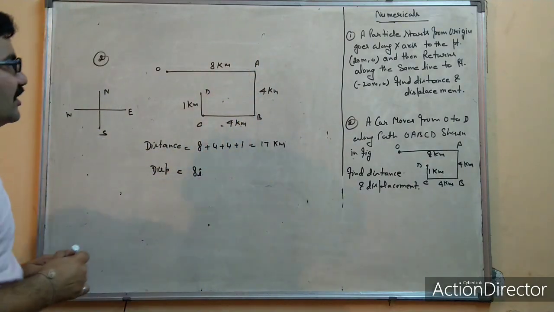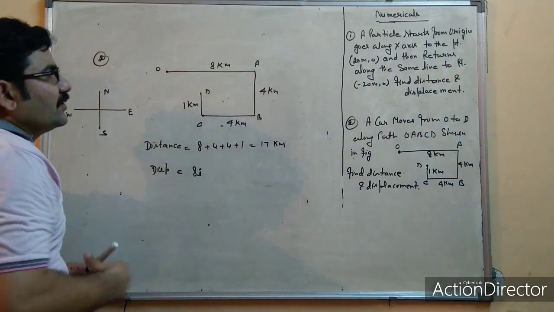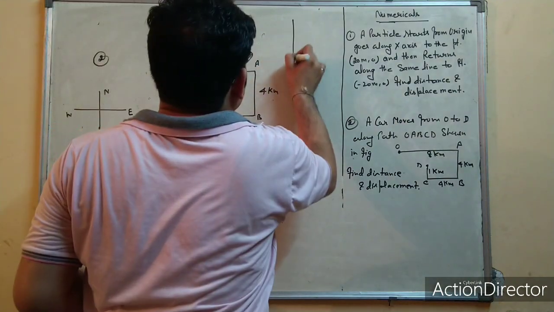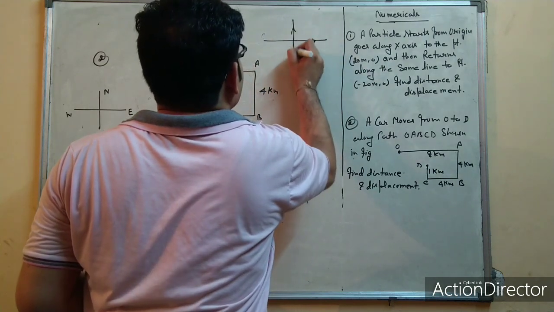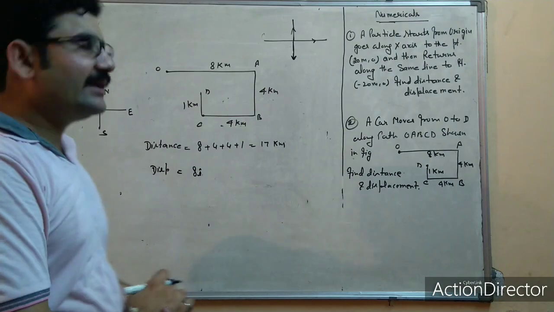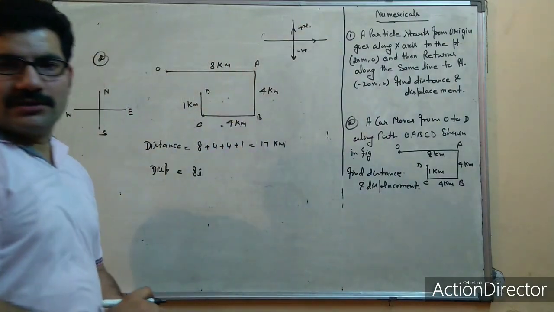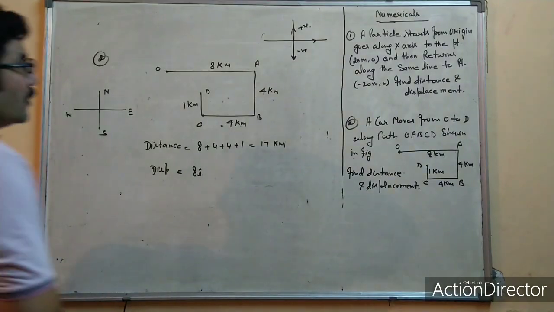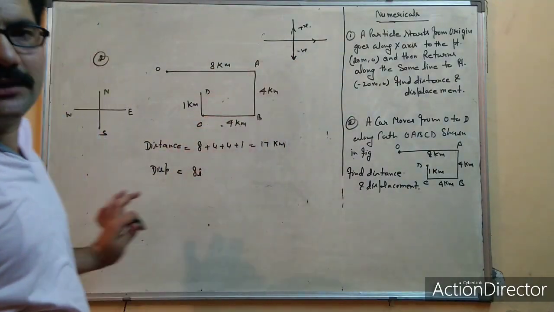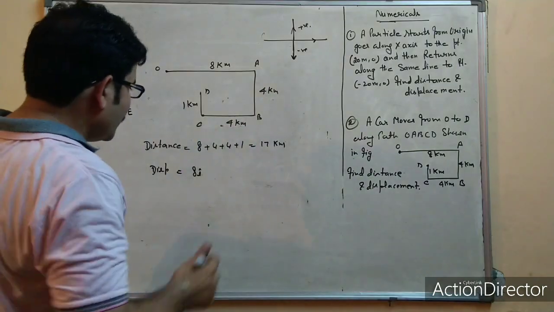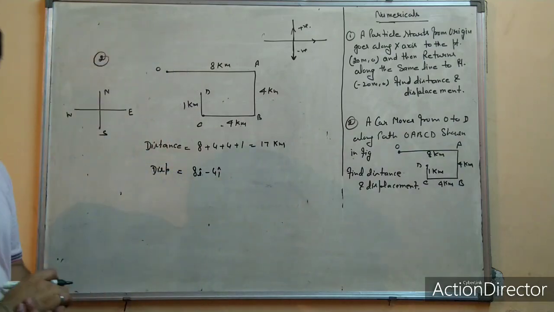Let's check it. If we draw this one, then this is x. This direction is positive, but this direction of y is negative here. So you are in the downward direction now. In the downward direction, you have to take minus j cap. So you have to put here minus 4j cap.